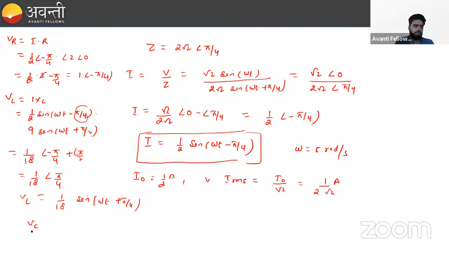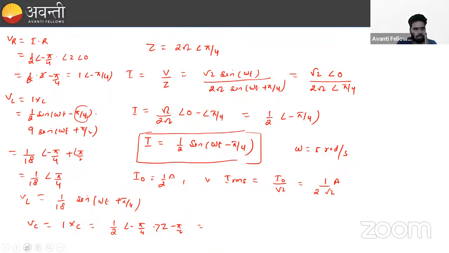In a similar manner, we can also calculate the value of V_C. V_C is written as I into X_C. The value of I we can directly write as 1 by 2 with angle minus pi by 4. And X_C is lagging in phase. The magnitude of X_C is given as 7, right? And the angle we write as minus pi by 2. If we solve this, this will become,